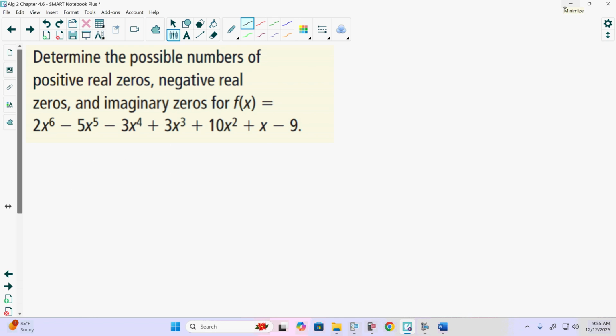All right, guys, so I know we do have a shortened schedule and shortened class today, but what we're going to do is cover two more of the Descartes' rule of signs, and then we are actually done with 4.6 and chapter 4. Now, Descartes' rule of signs tells us the number of possible positive zeros and the possible number of negative zeros that a polynomial function can have. So if we look at this here,